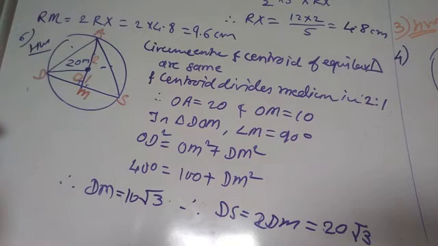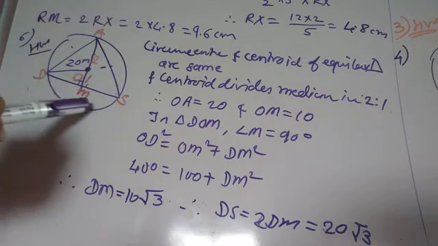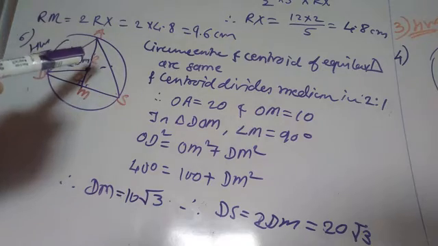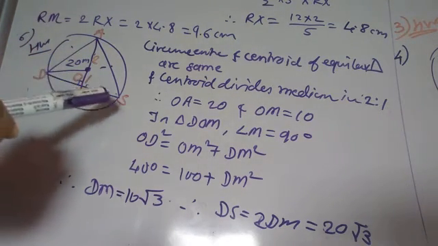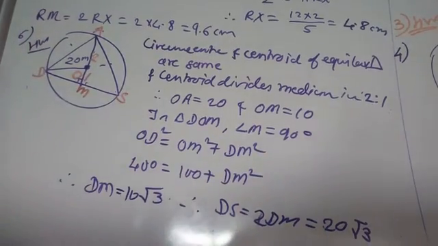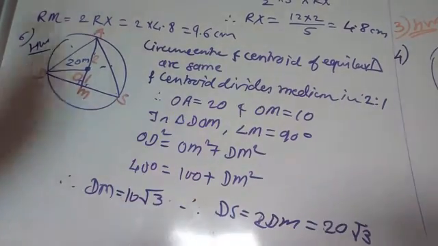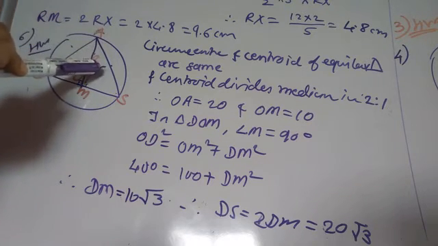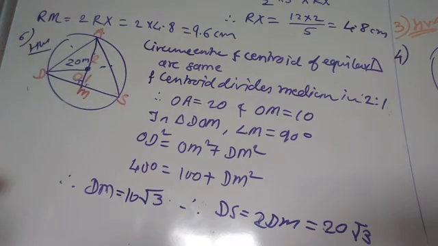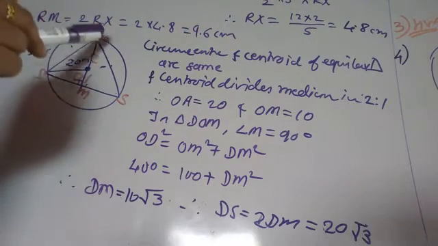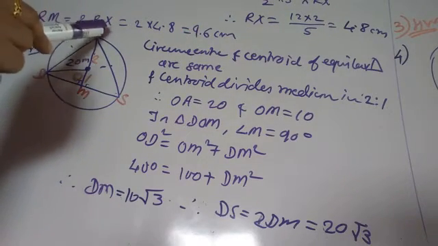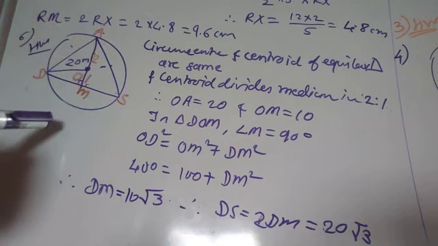Exercise 10.4, sixth question. In a circular park of radius 20 meters, 3 boys are sitting with a cord in their hand, and we have to find out the length of that cord or that string. Okay, the radius is already given, 20 meters. So let us consider O is the center of the circle, and we know that in an equilateral triangle all are situated at an equal distance. It means ABD is the equilateral triangle.